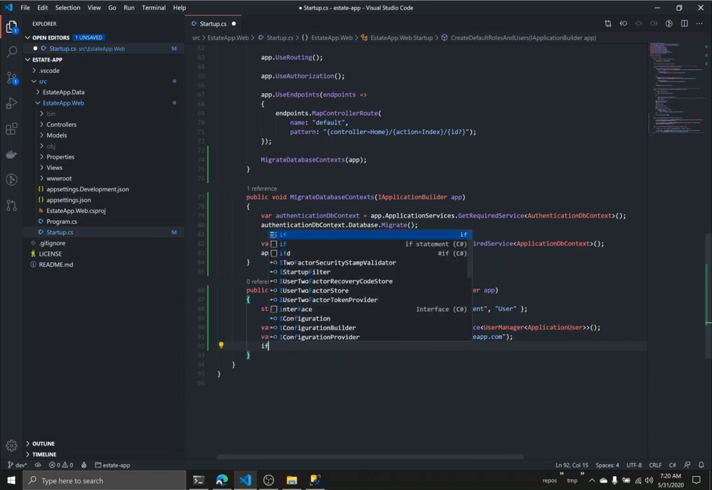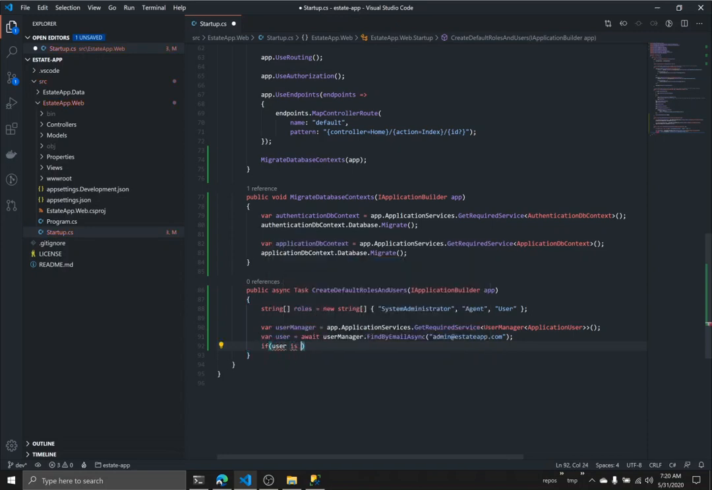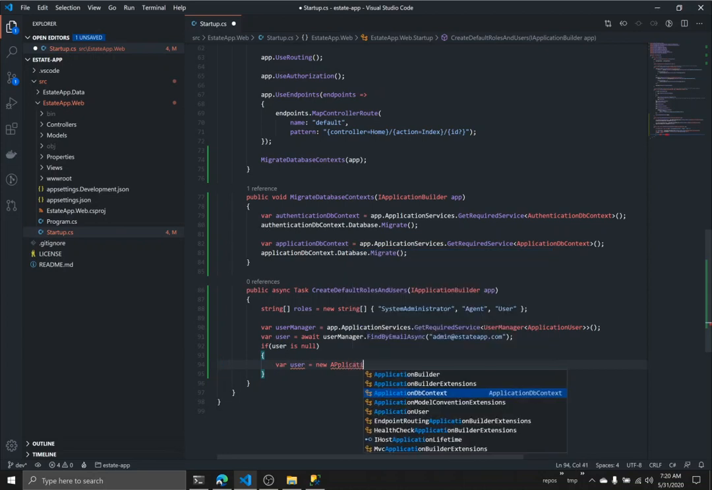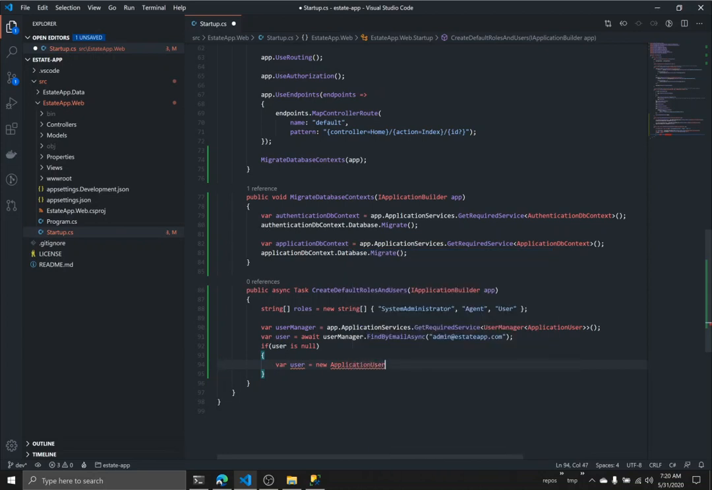And then I'm going to come and say if user is null, that is, if this user does not exist. So if the user exists, this is not going to execute. But now I'm saying if this user does not exist, come in here and create a user. Value user equals new application user. So I'll say user equals new application user. I'll give it an email of